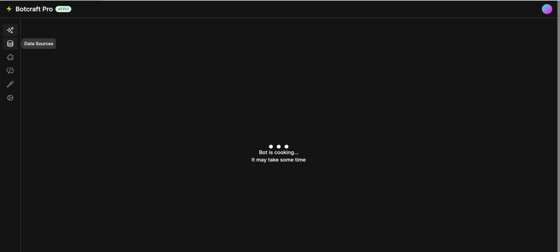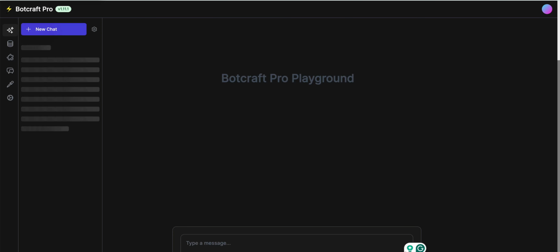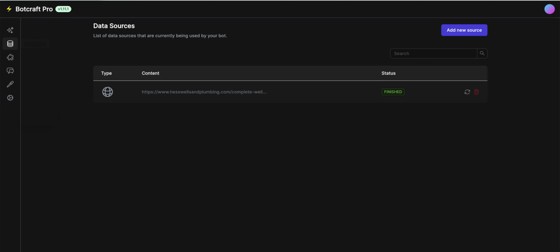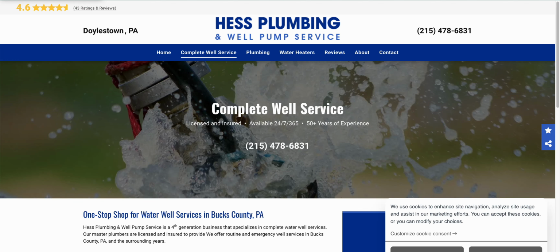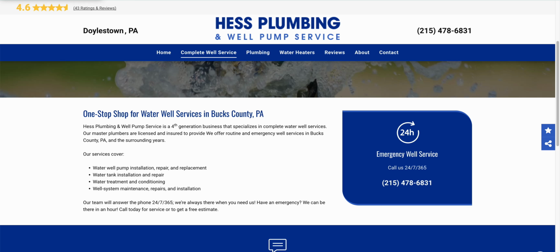So it's basically just going through the website right now. Data sources are here, right below this. This is our playground. This is where we'll test out our bot, but we want to give it a data source first. So here's the website. It says it's finished. So if we want to add a new source, they already have this information because we fed it the website, but if we wanted to give it just extra information that maybe we know about the business, something that could be useful for the chatbot, we could just put that into